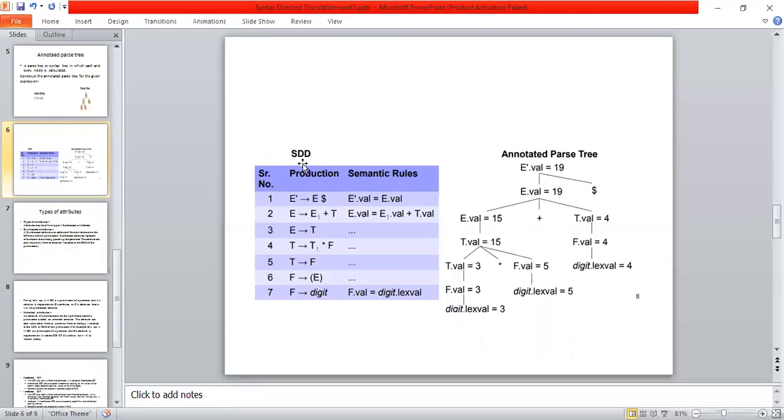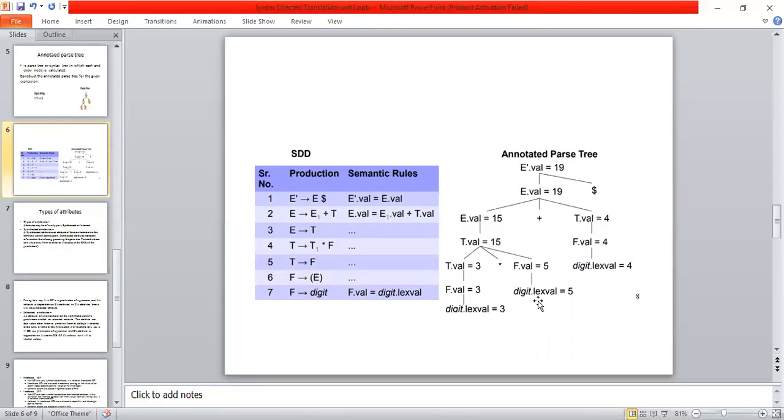Once we have an SDD, then we construct the parse tree. So this E is replaced with E and dollar. This E is replaced with E plus T, and this E is replaced with T, and this T is replaced with T into F. This T is replaced with F, and this F is replaced with lex dot value.